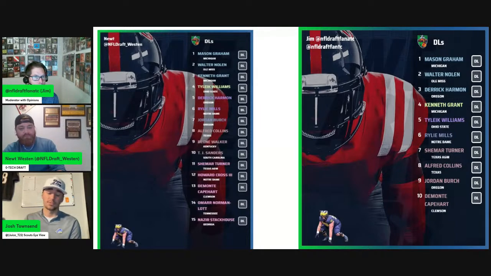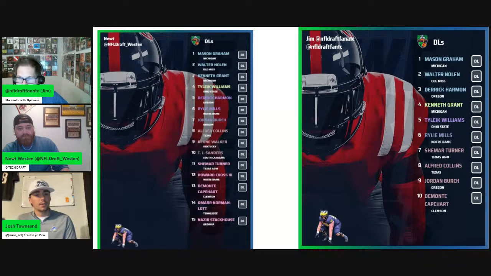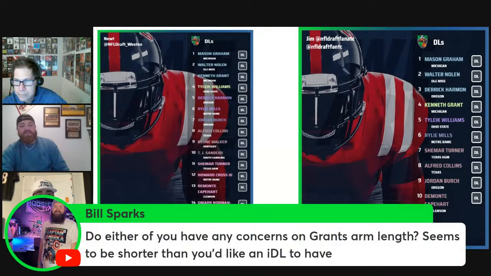But will he be able to produce that on a down-to-down basis, especially in the go-to-go habit scenario? And the stamina issues bring a little bit more question to me. I'd rather get someone that will provide that effort 100% of the plays in those 2-minute scenarios like Walter Nolen, even though Kenneth Grant will be better at stuffing the run and being able to execute those stunts and twists better. I get that. I never even thought of it like that. I completely understand where those pieces come in.